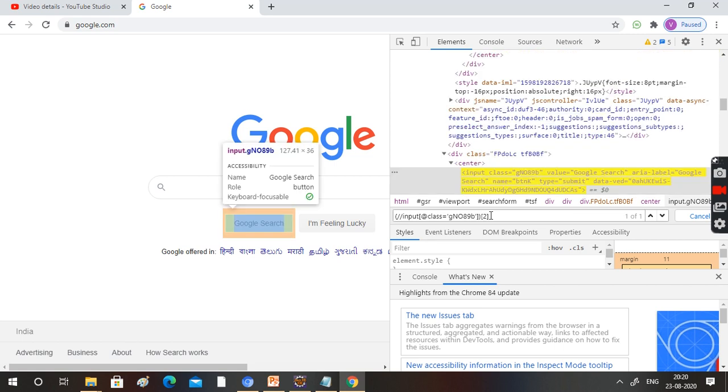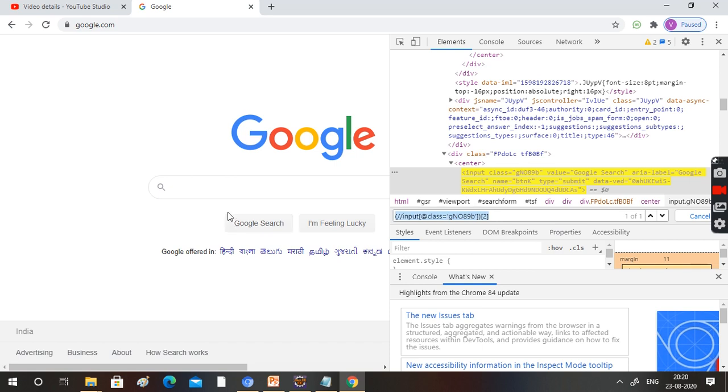This is the second element. So what it is saying actually is, take all the input elements, and the input element attribute needs to be class and the value needs to be this one. In that case I am getting two elements. I am not expecting the first element, I am expecting the second element.